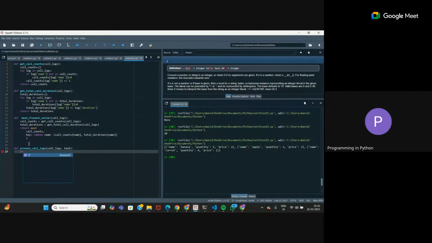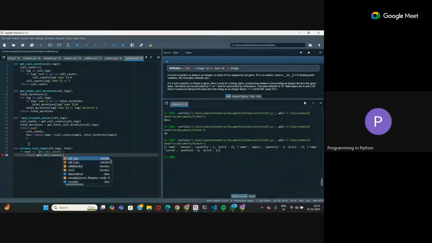So again check if task is equal to get call counts, then return get call counts with, pass the call logs. Okay, this is the first task.